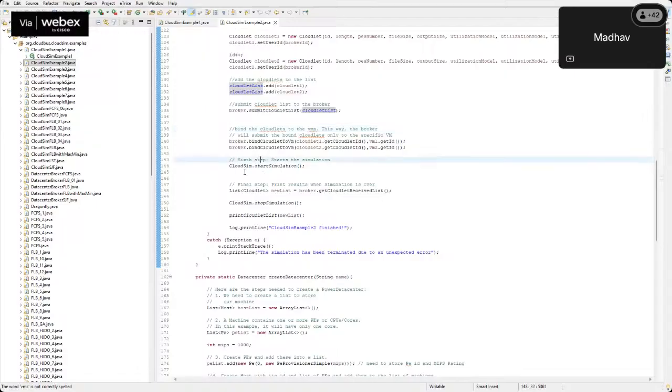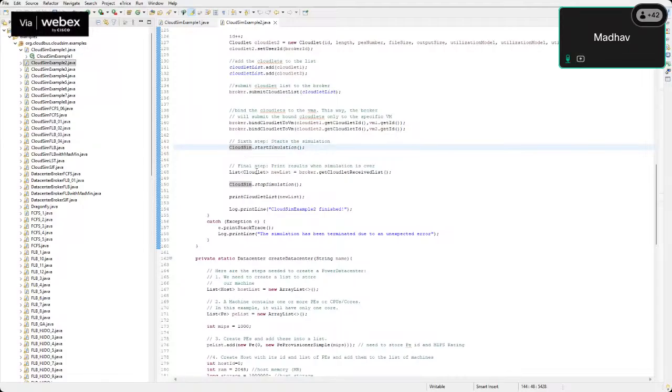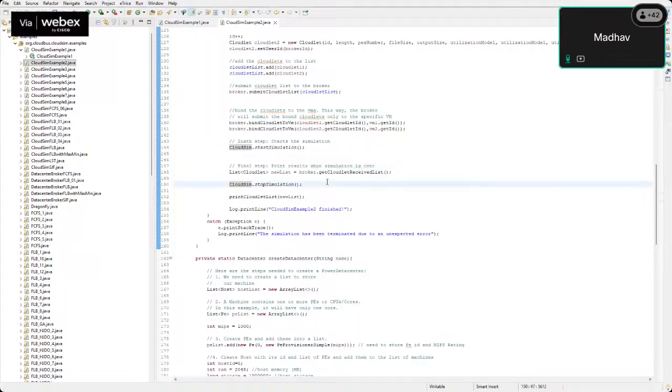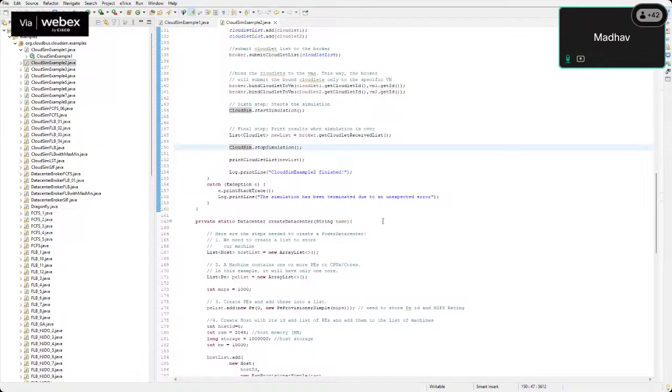Now come to the sixth step. Cloudlet simulation is started. In this, we have to calculate how much time is required by the cloudlet to execute on the virtual machines. So in the final step, we have to print the results in the simulation. Now after that, we have to finish this code. For that,